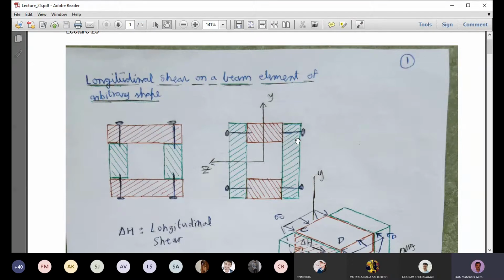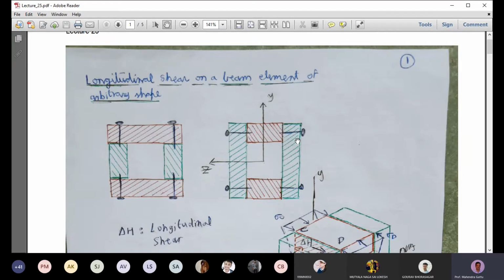In the last class, we were discussing shear in beams. For a thin rectangular beam, we showed that the vertical shear stress varies in a parabolic fashion. The minimum value occurs at the top and bottom of the beam, and the maximum occurs at the center. In the parabolic profile, the maximum shear stress is 1.5 times the average shear stress. Then we discussed flange beams.